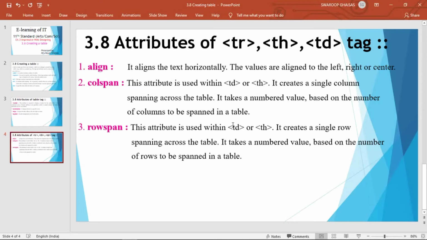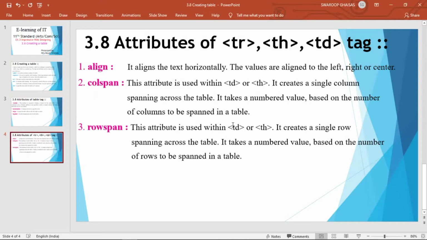And this align attribute can be used within the TR, TH and TD tags. TR is used to create a row, TH is used for the heading of a column, first row, first column content, and TD is used to specify table data. Colspan and rowspan attributes are used to merge rows and columns.